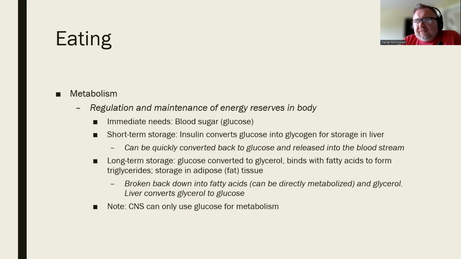So if I say that eating is a form of regulatory behavior, what are we trying to regulate? As it turns out, we're trying to regulate energy reserves in the body. And we need different kinds of energy reserves available over different time spans. I have listed here immediate, short-term, and long-term. Immediate is what we need right now. In the moment, where I'm moving, waving my hands around, talking, that requires muscle contraction. The muscles contracting need energy. That comes from glucose and oxygen. If you remember some basic biology, glucose and oxygen combine through a process known as phosphorylation to create ATP, and that's what keeps your cells alive. For the muscles, it may work a little differently.